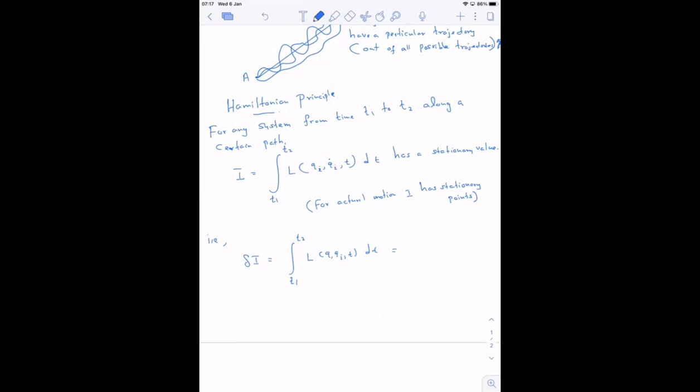So which means this should be equal to 0, right? So let's see how we can go from this point on. So if the variation is equal to 0, then you can write